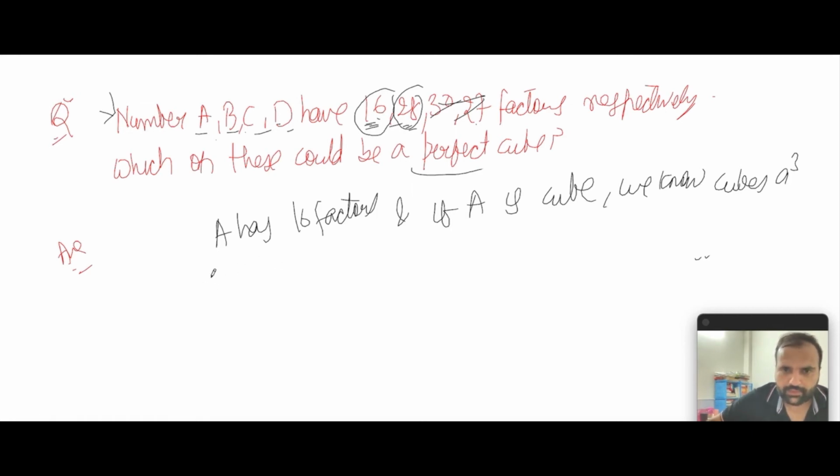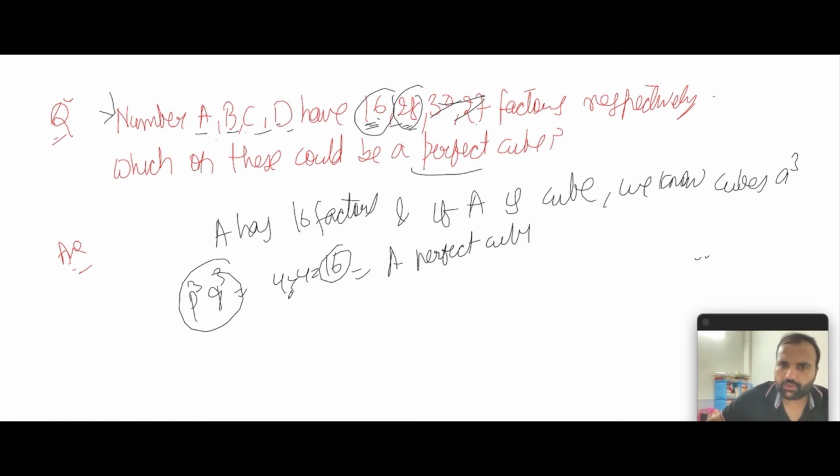We have observed that for a single digit number, this power would never be 16. Let's say P and Q are numbers. We need to see if we get anything nearby 16. If we get P as a cube and Q as a cube, we get the factor 16. When P and Q are perfect cubes, you get power as 16, which makes A a perfect cube. Again, when we go for checking 28,